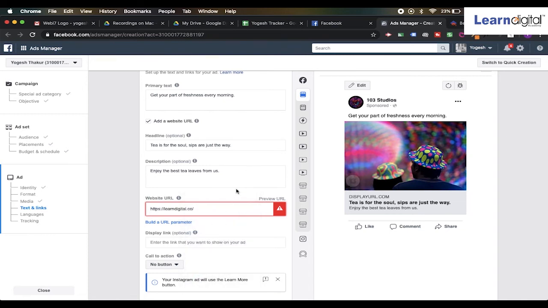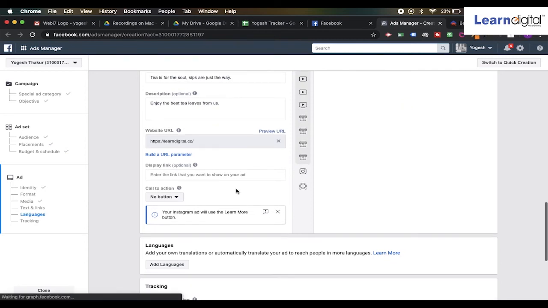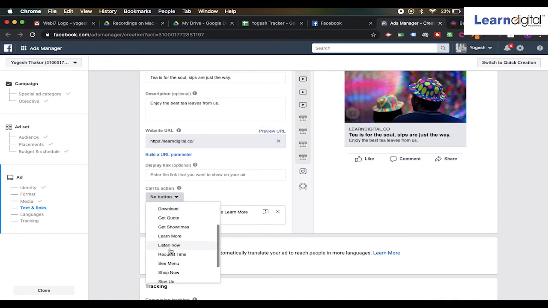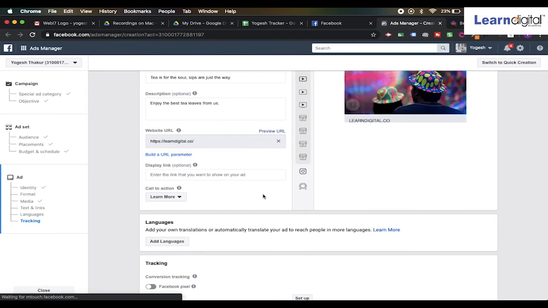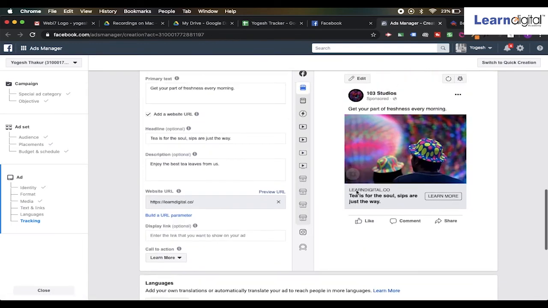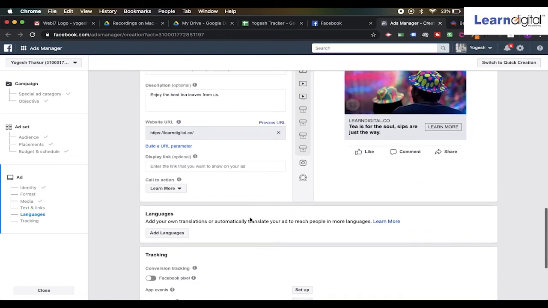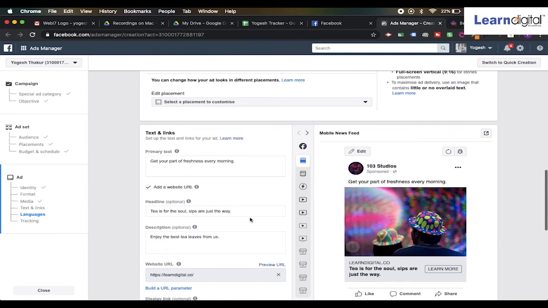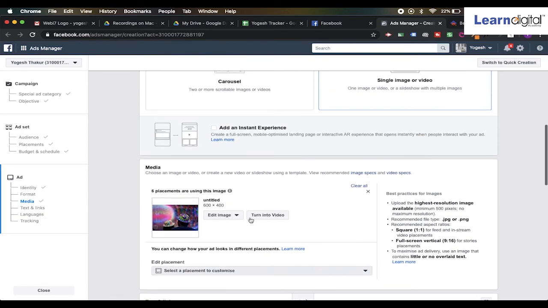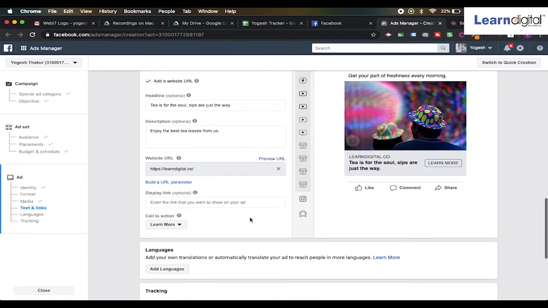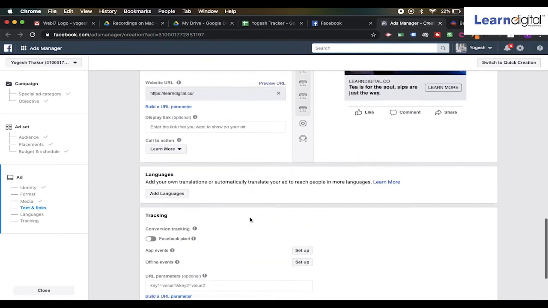You have to choose the landing page over here, the kind of experience that you want to give to the customer. Once you're done with this, the last thing that you have to do is the call to action button. Well, your advertisement is ready.